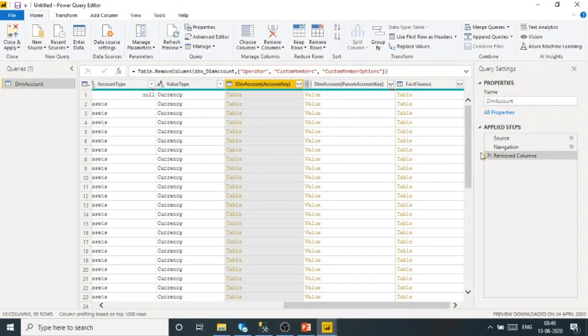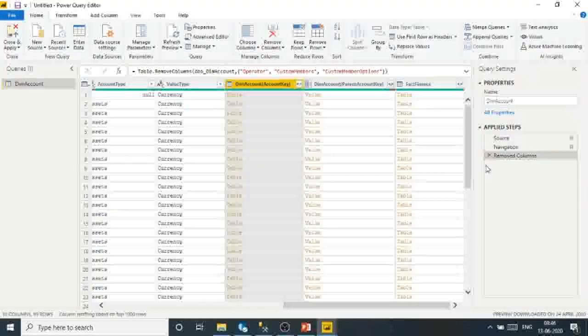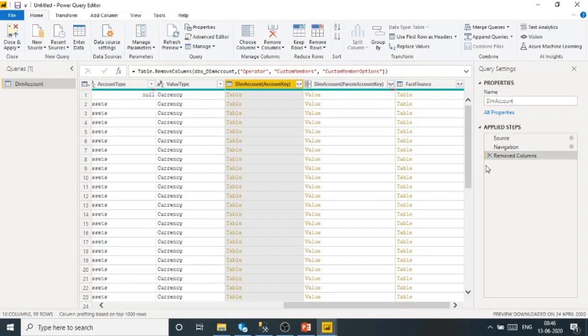All the steps will be recorded here. Suppose I have removed the columns; if I close this cross mark, my data will come from the previous form. Now I will do close and apply.